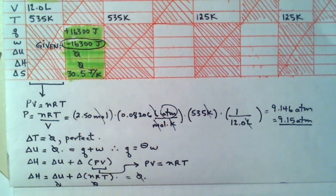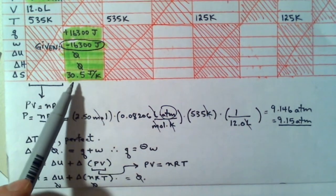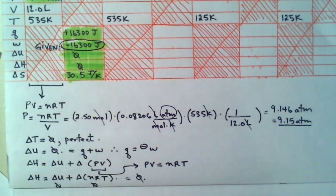So, and if we still didn't catch on and we had replaced delta PV with an nR delta T, recognizing that n and R are constant and forgetting the temperature is, until we wrote it as delta T and realized, oh yeah, that's 0 too. So delta H is 0. And so delta U is 0, delta H is 0, and then we are left to fill in